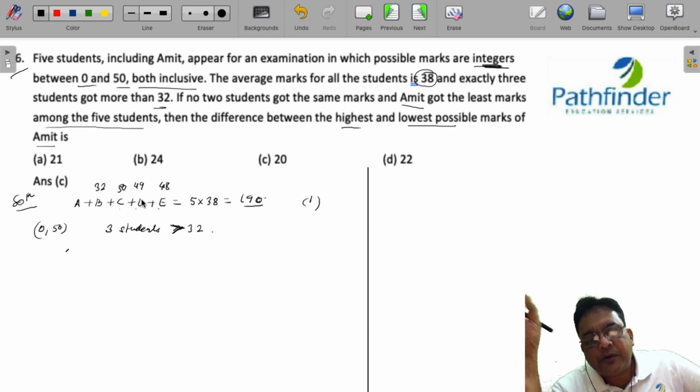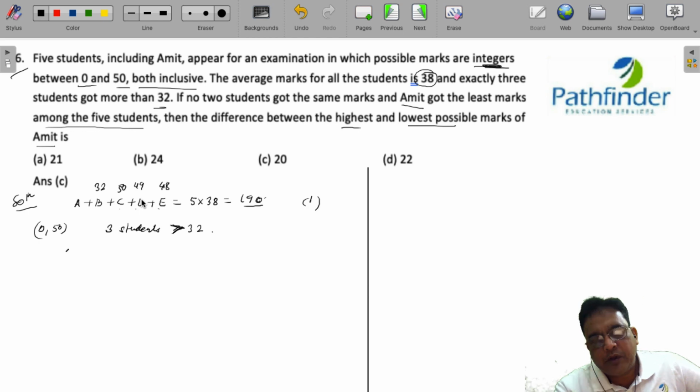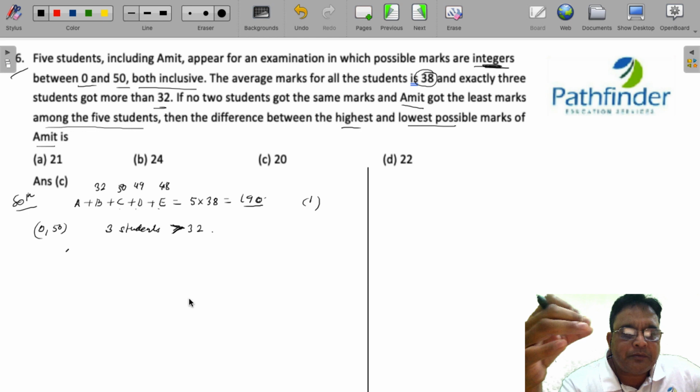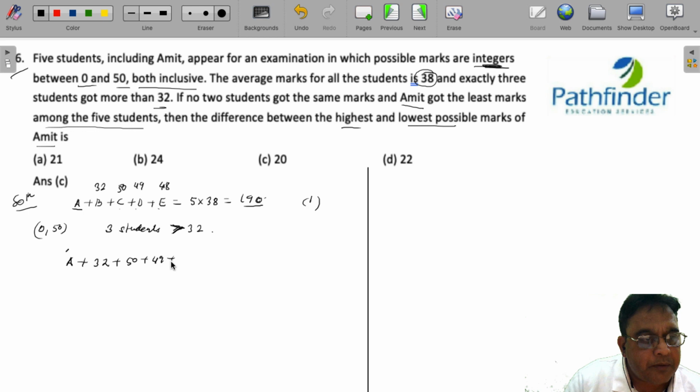And these are the highest possible marks for the remaining 4 people. So, if we have the highest possible marks for the remaining people, we will get the lowest possible mark for Amit. So, Amit's marks plus 32 plus 50 plus 49 plus 48 must be equal to 190, which means the